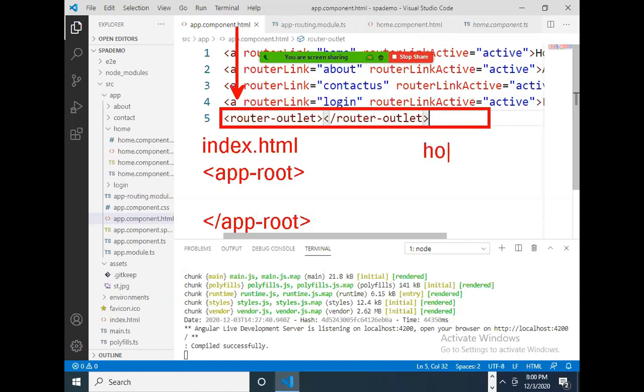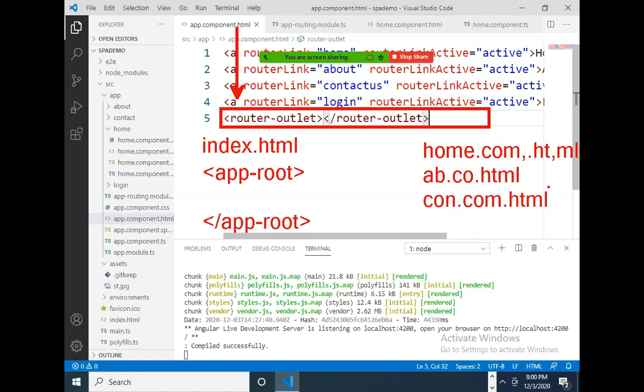Here you have multiple components: home.component.html, about.component.html, contact.component.html. Whenever the user clicks on home, the home component HTML will execute and that output is kept inside the router outlet.